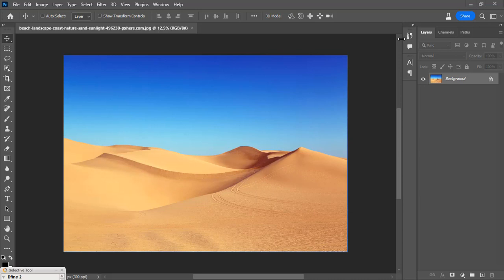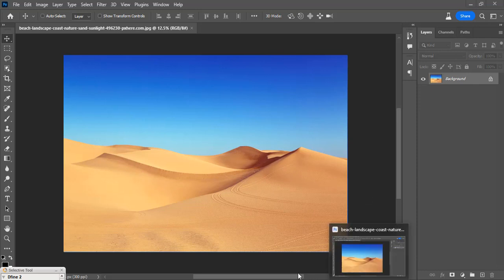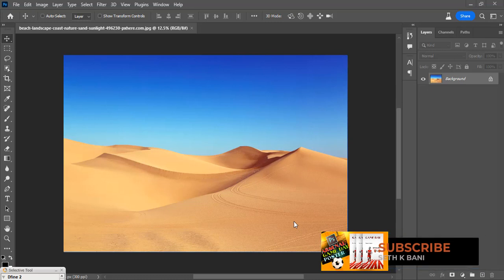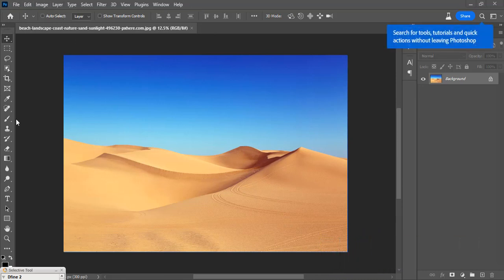I want to show you everything you need to know about the game changer AI tool in Photoshop. And for this, I am using Photoshop beta. I have two Photoshops installed on my machine. I'm using Photoshop 2021, and then I also have Photoshop beta 2023. This Photoshop beta looks quite the same, but you need Creative Cloud to be able